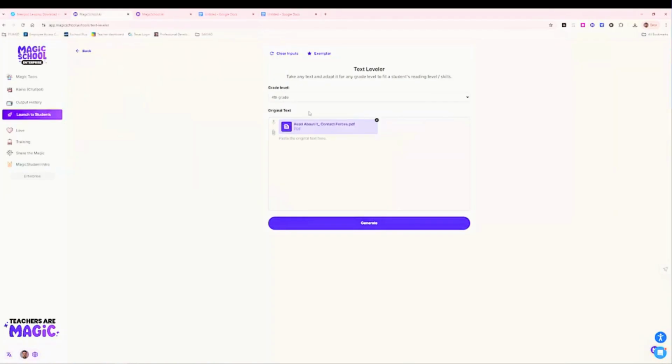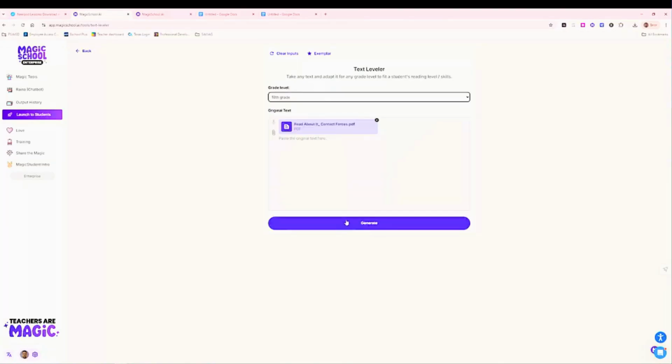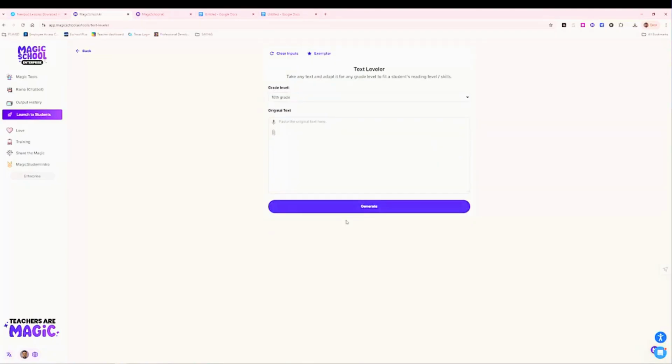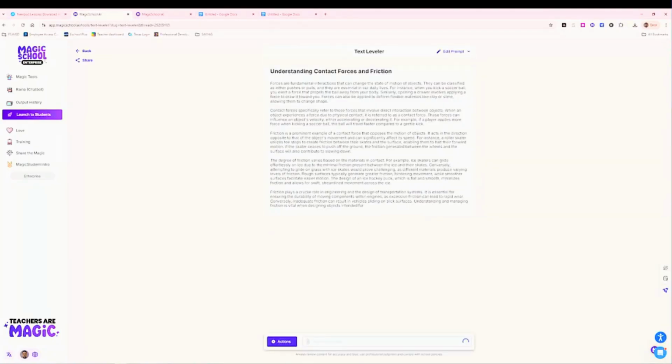I'm just going to upload it as a PDF that they shared. A PDF has images, but it only grabs the text. So this is for 3rd grade. I'm going to bring it and let's put it for 10th grade. So it's going to level it higher, and let's generate it. I'm going to put it side by side as well, so you can see